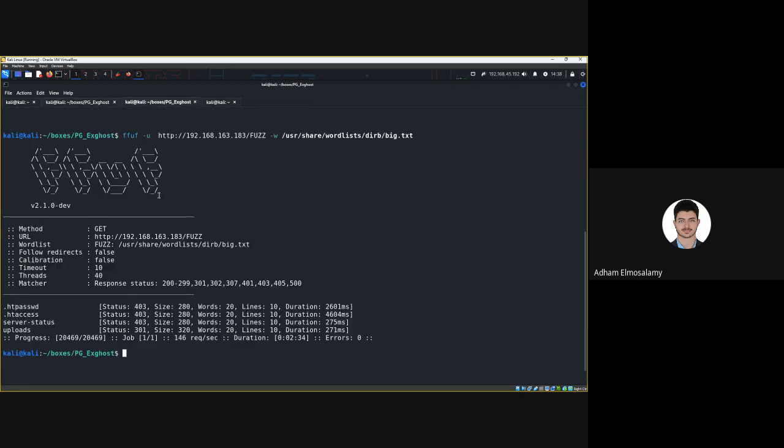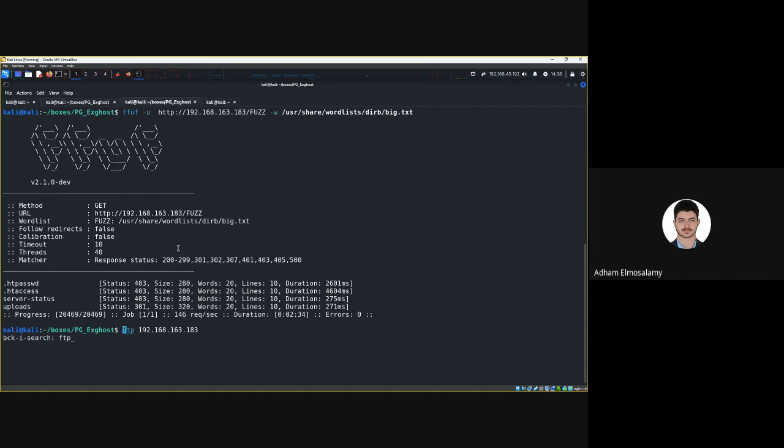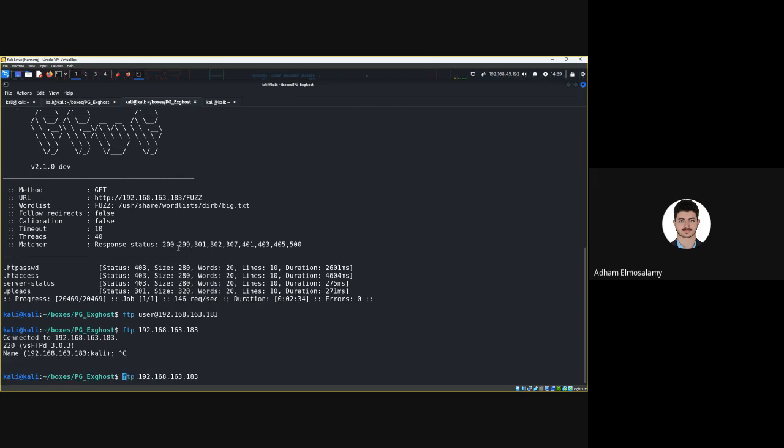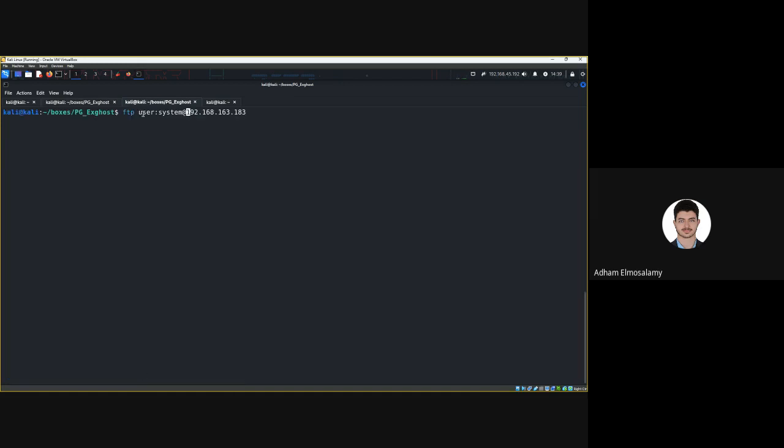So which one did we have? We had it here. So let's do FTP, and that's our FTP command. And you can use control R: if I'm here and I do control R, I can backward search through my previous commands, and if I type FTP, I get this. Now we actually want to log in as user with password system. That's how you specify your credentials: username, colon, system, and then at the IP. This is part of the URL specification. So if I do this,